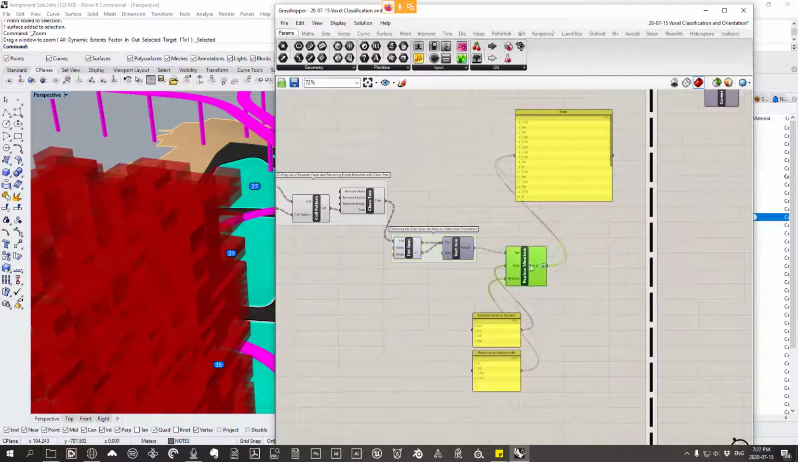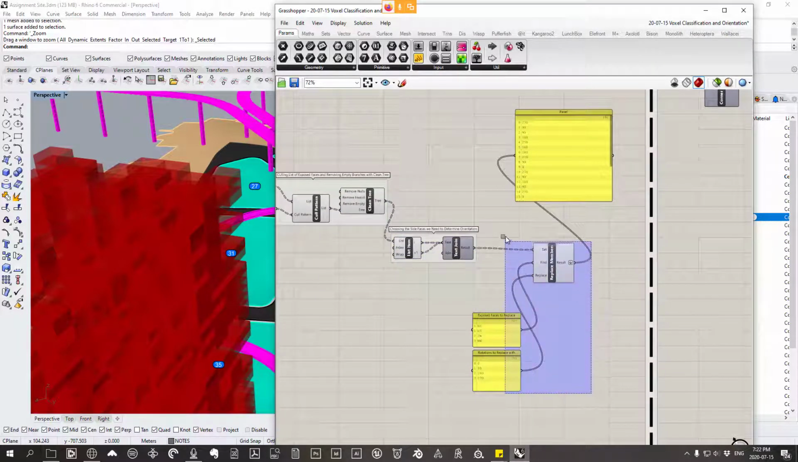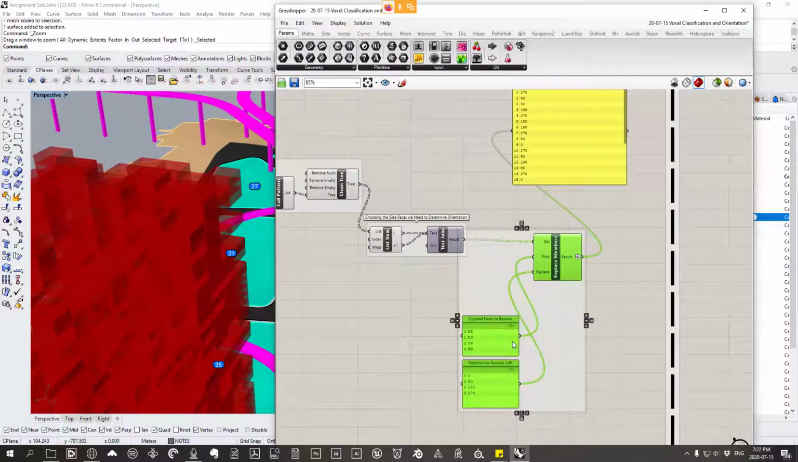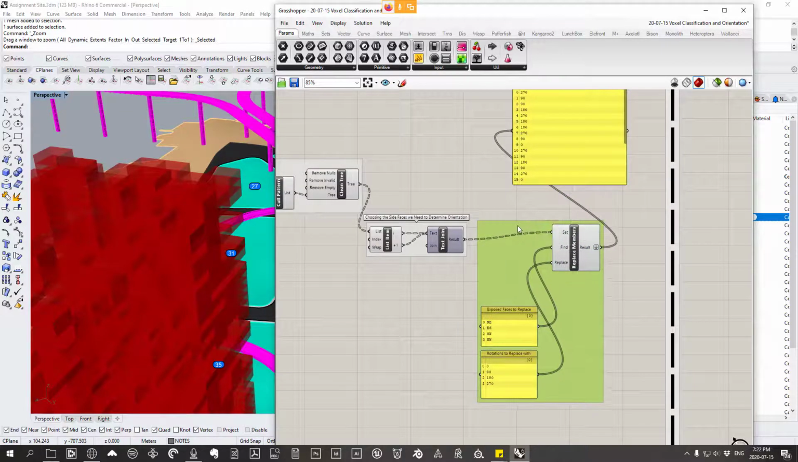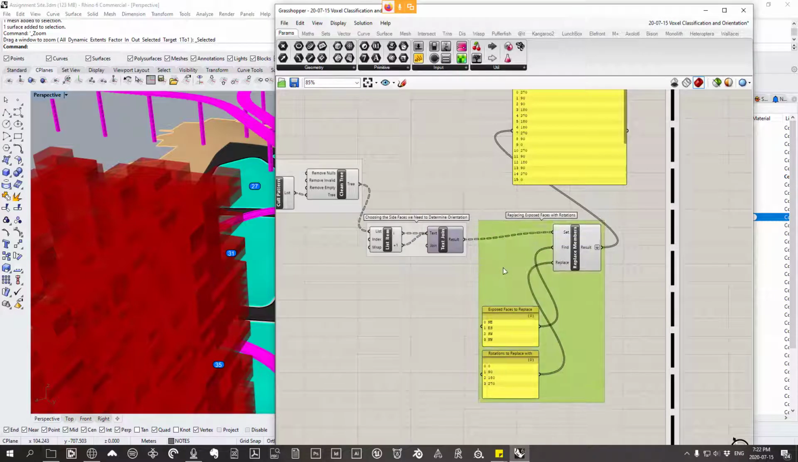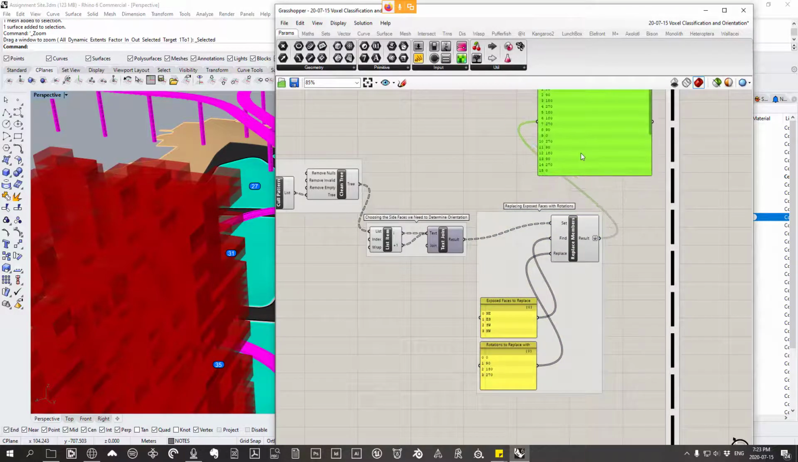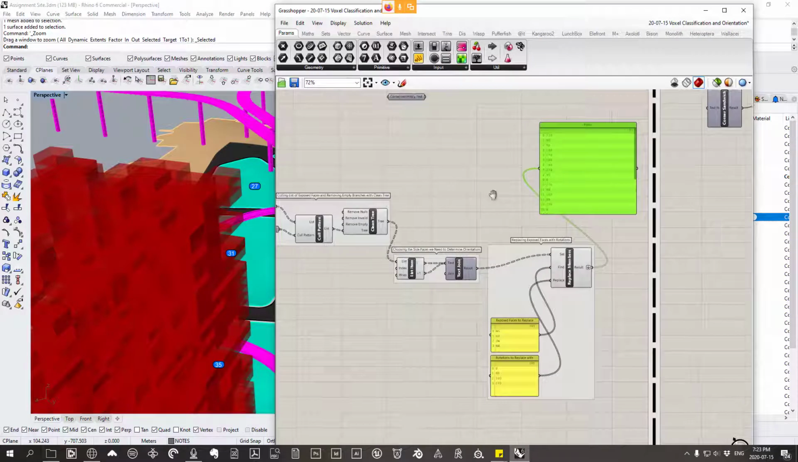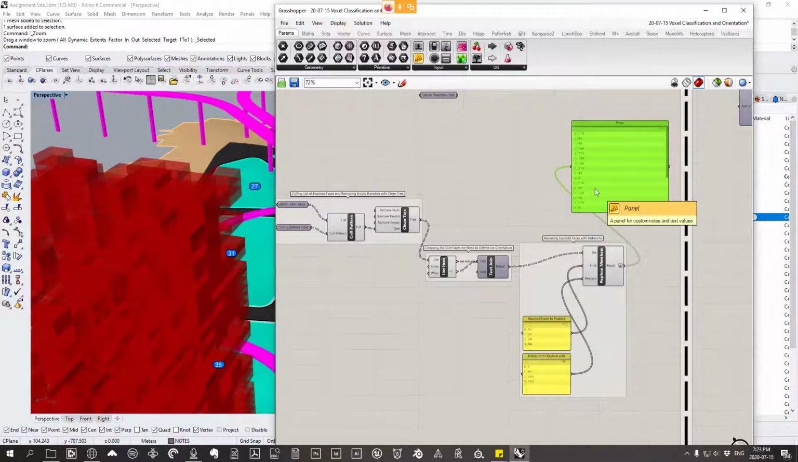And then finally, we can group this replace members section, and I'll call this replacing exposed faces with rotations, like so. So does that make sense to everyone? Okay, so